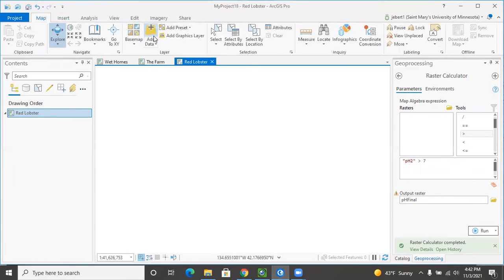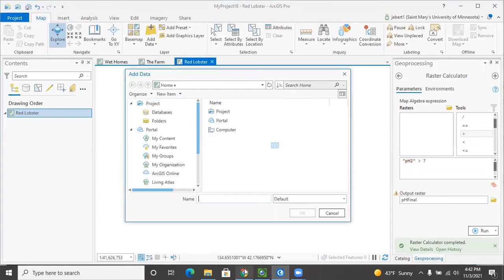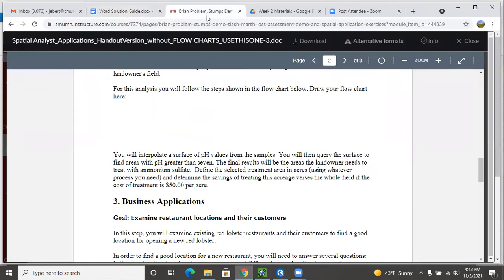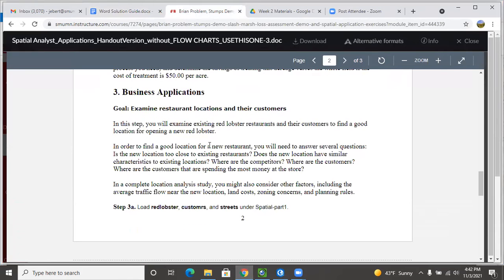Okay, under map, let's go ahead and add data. I'm going to come back to our work along right here for our business application. Here we're going to examine Red Lobster locations and their customers to find a good location for opening a new Red Lobster. And obviously this is not an ideal situation, just a brief run through